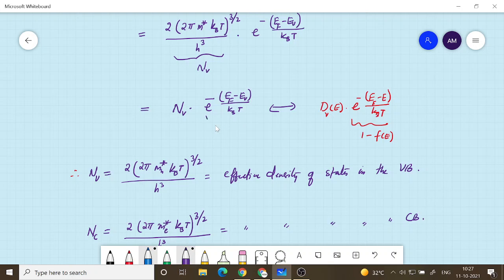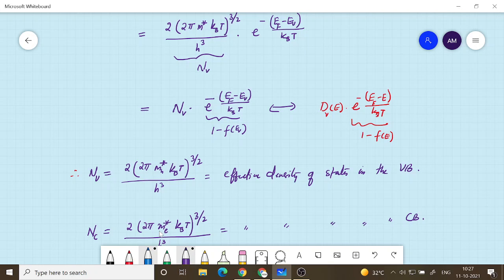So here this is basically 1 minus f of Ev, minus f of Ev. Okay, so therefore Nv is called the effective density of states in the valence band. The only difference between Nv and Nc is that the conduction band and valence band effective masses are going to be different, which is basically the curvature of the band structure. At the bottom of the conduction band it is me star, and the curvature of the top of the valence band is negative, but we take the absolute value of that,